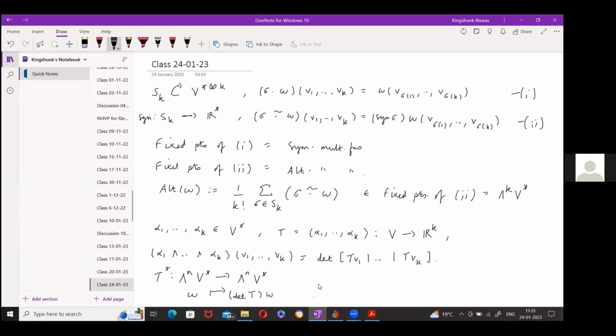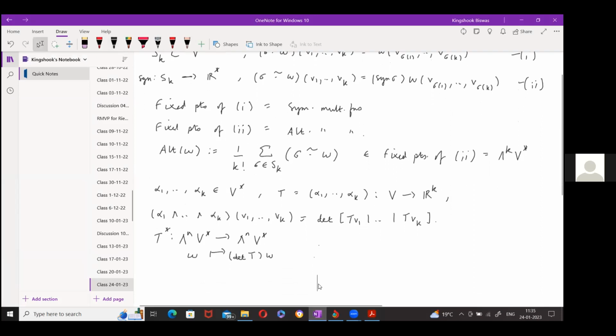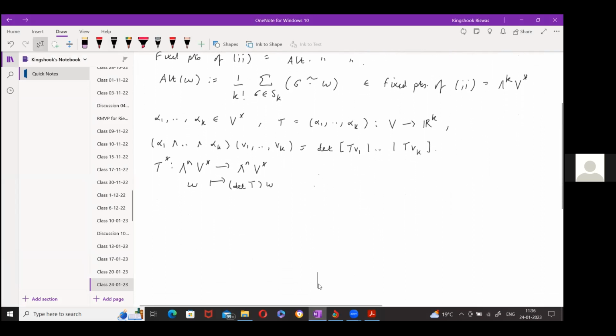What happens is, if I look at the space of ordered bases, so if I look at the set B, which is equal to the set of ordered bases of V, right, then GLV